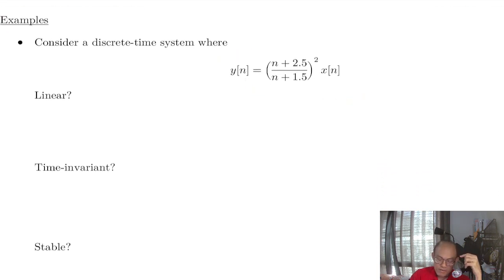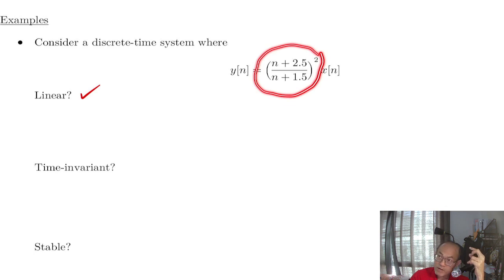Now the last example. Let's look at the system defined by this equation. Is it linear? Yes, it is linear because it depends on x, and this is just a constant. This is just a constant. If you do a linear combination, then y is also the same linear combination. So yes, it is linear. Is it time invariant? No, that's because